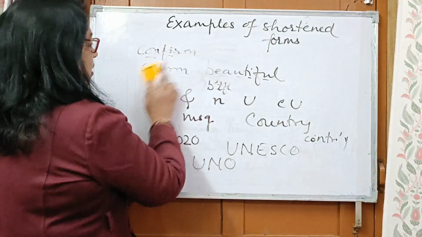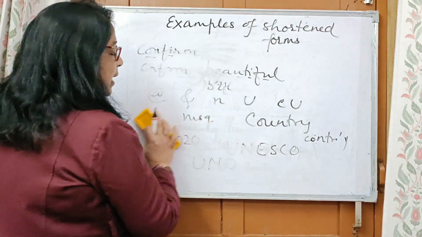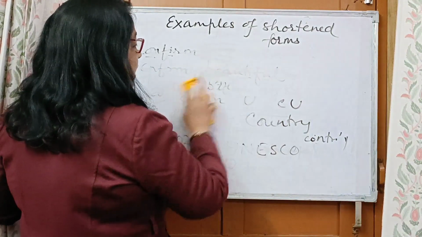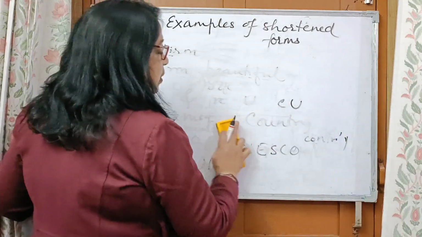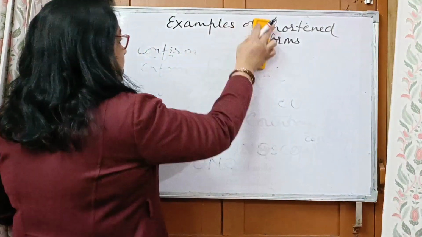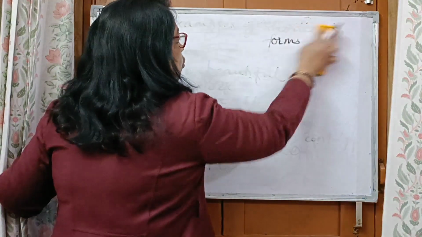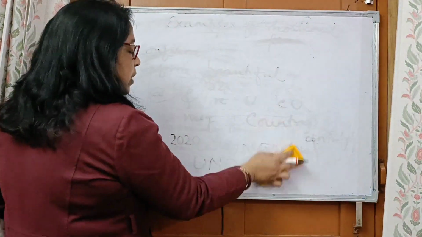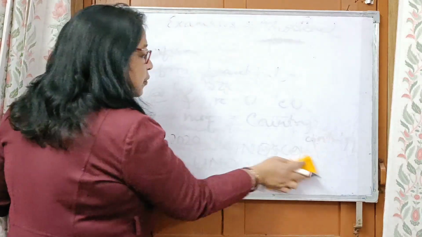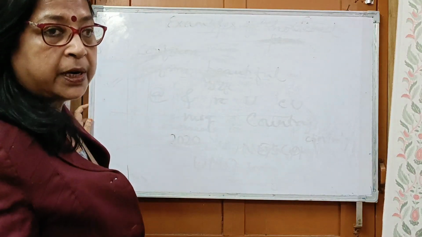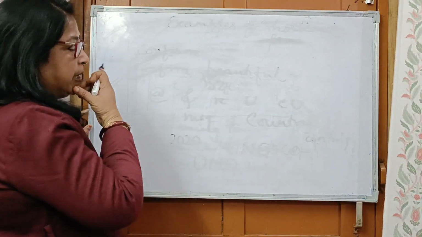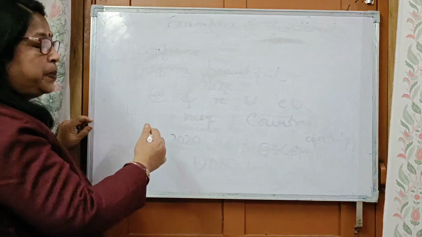Now comes the turn of summary writing, which has to be done very quickly. For this 2 marks, you cannot invest 10 minutes. So you try to understand why practice is required. You cannot lose 5 marks. You cannot afford to lose 5 marks out of 40. You have to practice it and you have to do it. It is very easy if you practice.